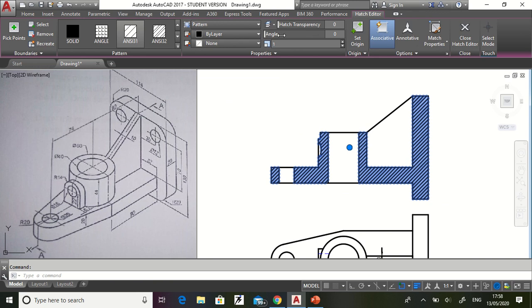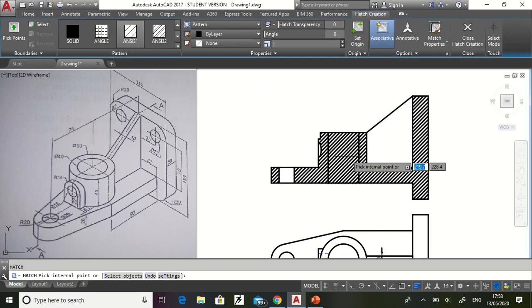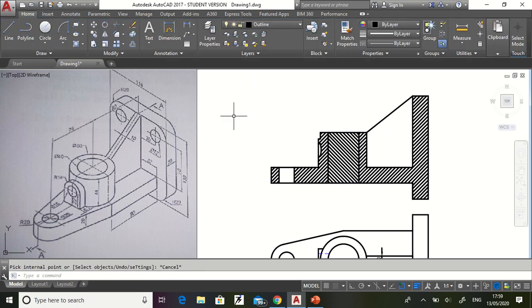Okay, if there is an assembly, that means, for example, here there is some different part and I want to put the hatch inside this. So click on hatch, select this, but here you see this is different material, so go for some different angle. Now, by default it is zero angle, we will put it 90. It will get opposite to this. And this type of hatch pattern we show when there is an assembly. That means this is different part than this. Then we go for hatch lines this way.